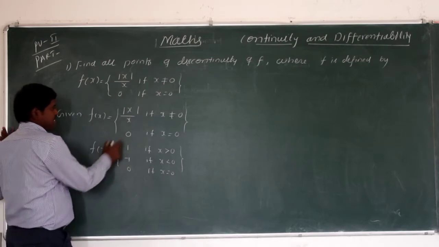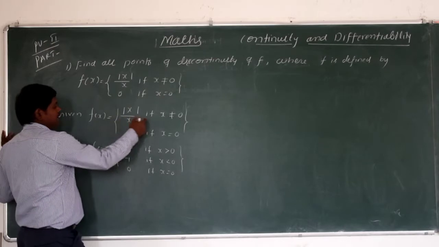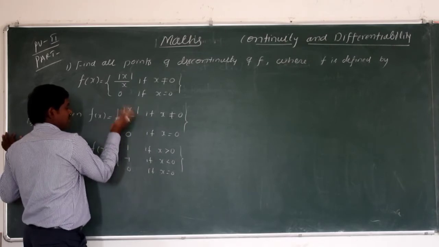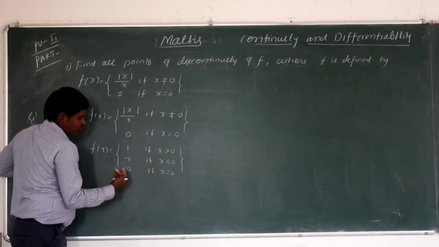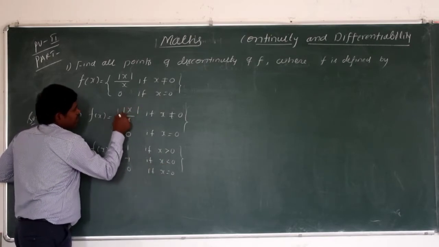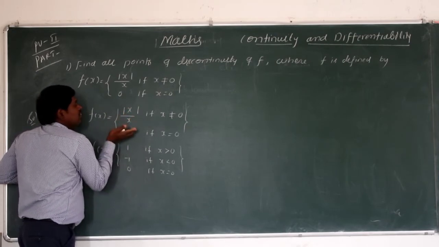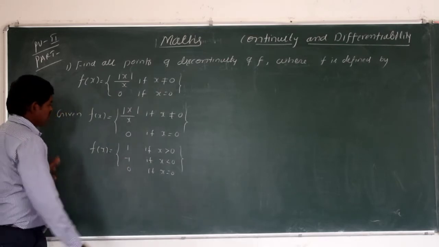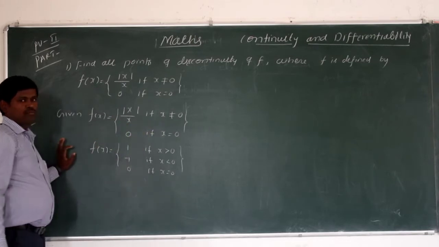So we are going to write the given function into this form. If the value of x is greater than 0, then we get a positive number divided by the same positive number, which gives 1. Suppose the value of x is less than 0, a negative number. Then mod x becomes positive while x is negative, so we get minus 1. And if x is equal to 0, f of x is 0.